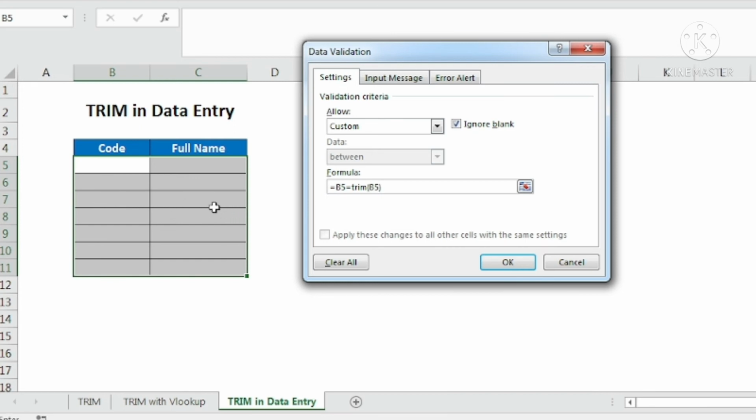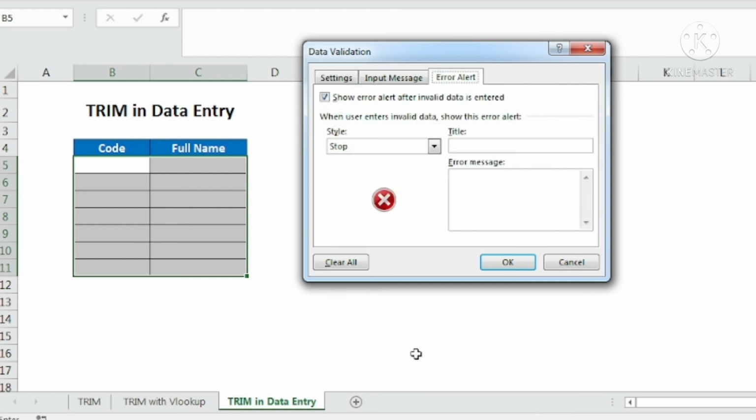If somebody enters the data with extra spaces, or the data starts with spaces, then what kind of error should he get? For that I will put some error message in error alert. I have made a separate video on data validation. You can go ahead and check that as well if you want to learn data validation in detail. So for this particular error I am going to put the error alert in this particular tab.